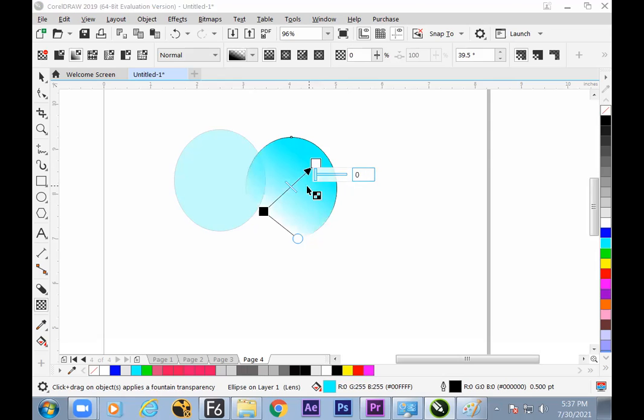So hope we have understood now what is called fountain transparency, where you can give an angle to the transparency. You can give the midpoint of your transparency level, and we can make the transparency color go for gray and make it semi-transparent. White complete opaque, black complete transparent, and gray semi-transparent.